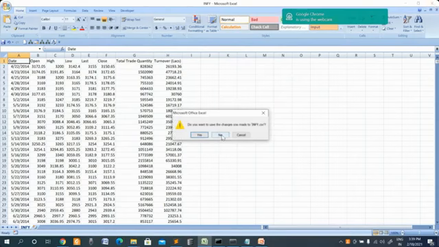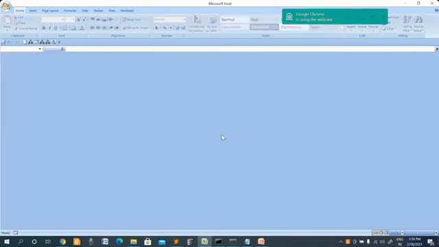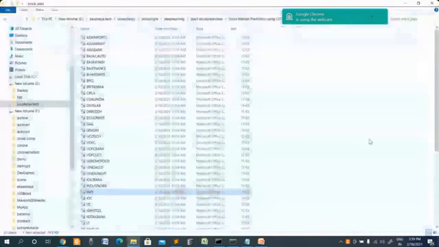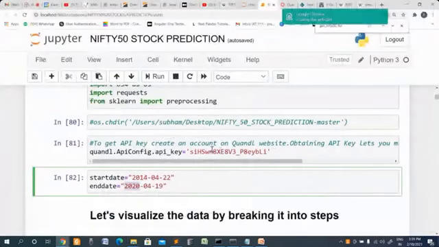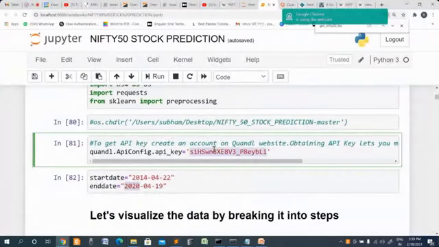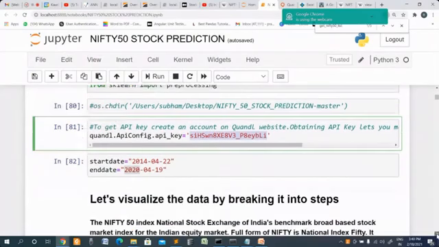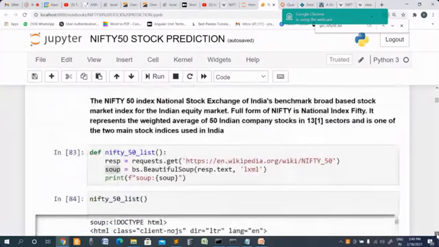So this is how a particular file would be. After that, this is the API key. In my case, this is the API key. You can get the API key by registering. And this is the date range, start date and end date.